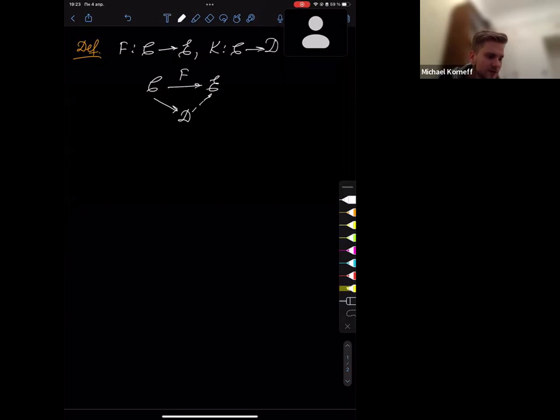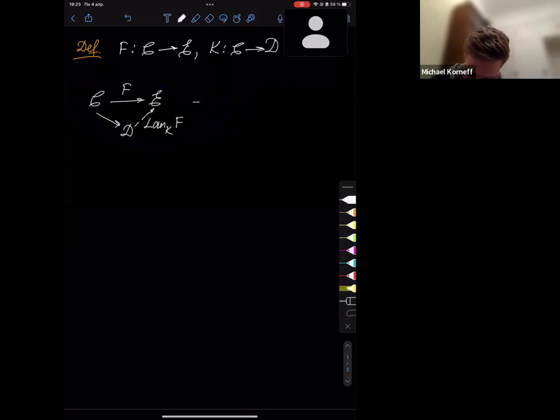We say that we have a left Kan extension, and we'll use this notation, if we have the following identification of this diagram and this one,